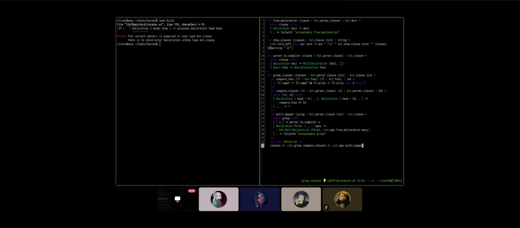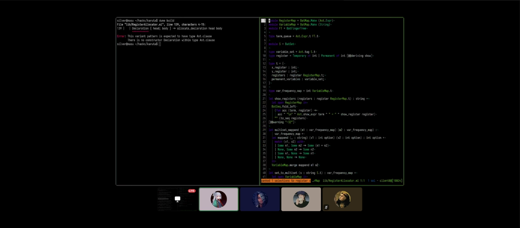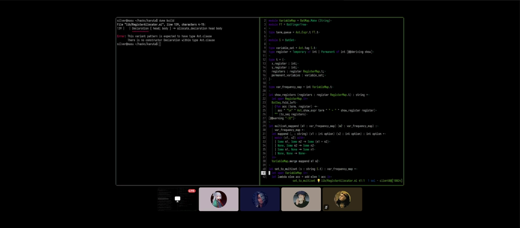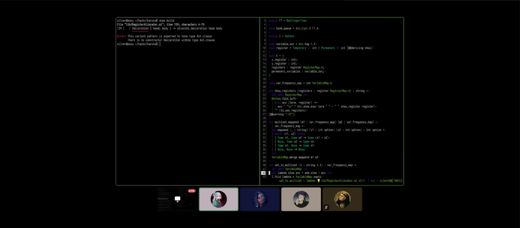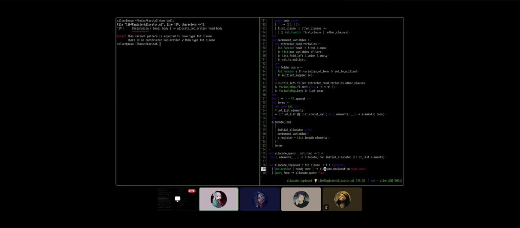I like it. Let's now do the registry allocator. This shouldn't be too difficult because the registry allocation is the same.